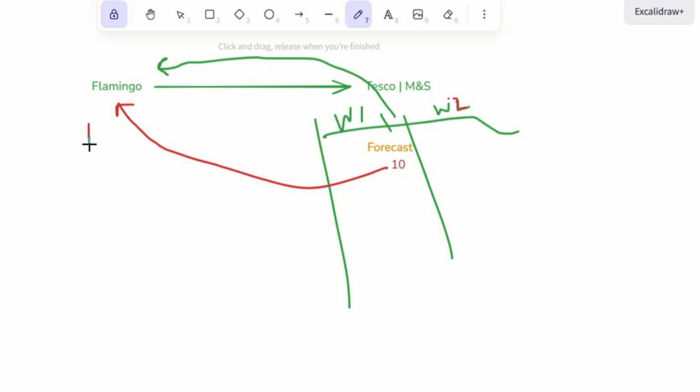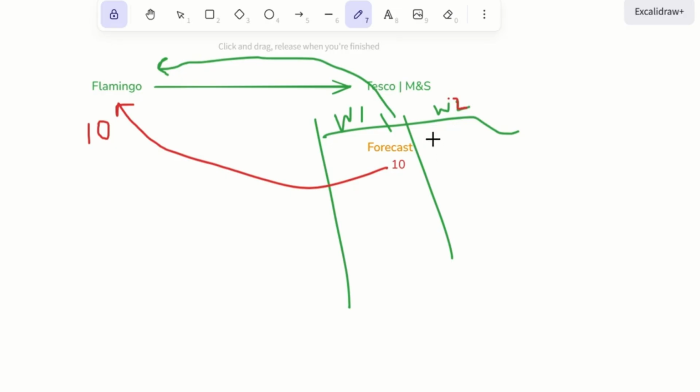Since Flamingo is the company producing the products, let's say they will also produce 10 products, depending on whatever their clients have estimated as the amount of produce they will need in the following week. But the problem comes in where,